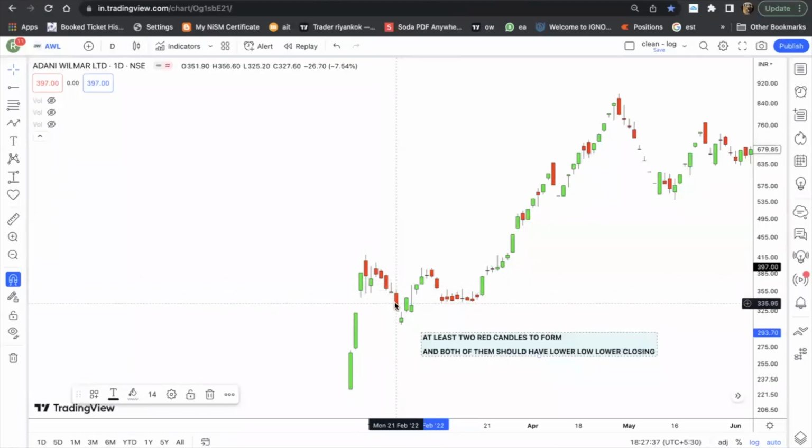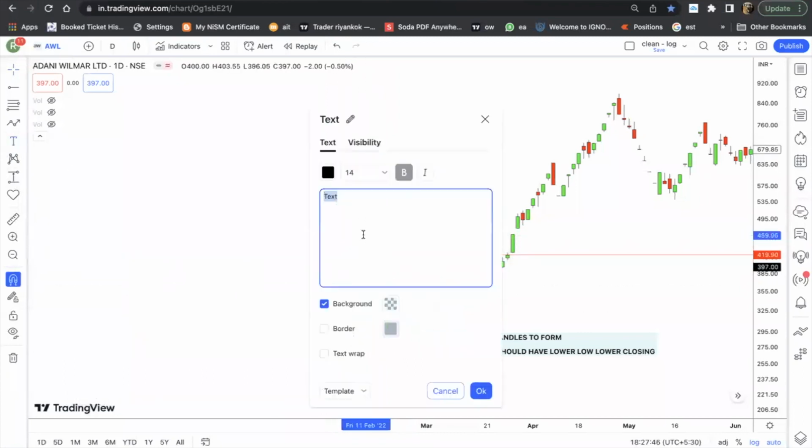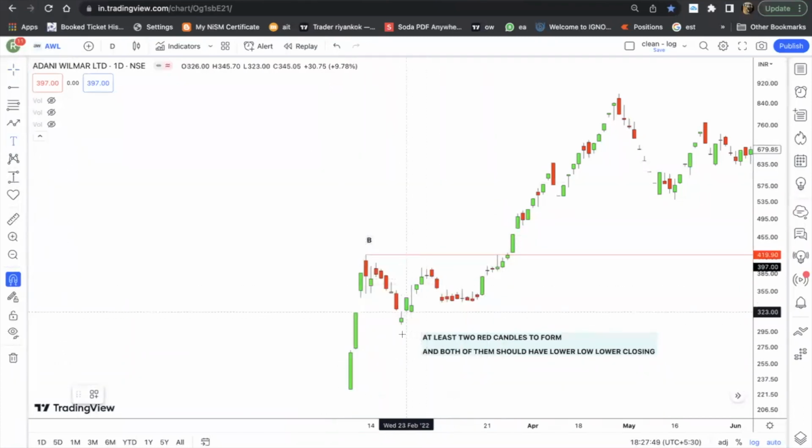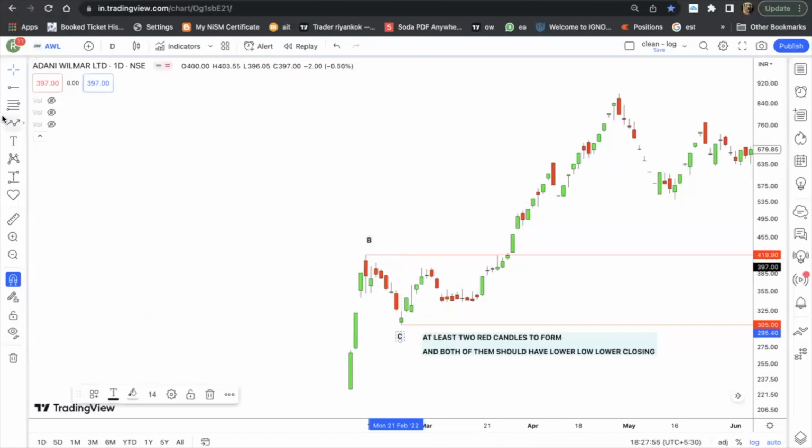So once this has formed and the stock has stabilized somewhere, then we will mark point number B as a valid point. Now this point, which has formed right here, 305, will be marked as point number C only when we have a breakout above point number B. Now when the breakout above point number B has come here successfully, then this will be considered a valid A, B, C breakout pattern. I hope I was able to answer your question, Avanti. Yes, I got it. Thank you. All right, thank you.